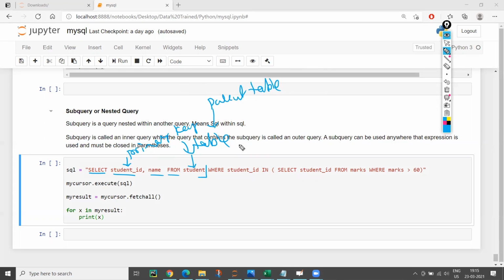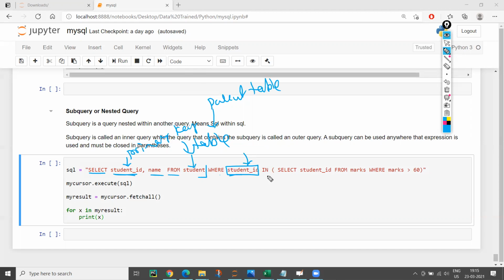Now, first of all, I'm going to select student ID, name from student where I'm going to check this student ID, where